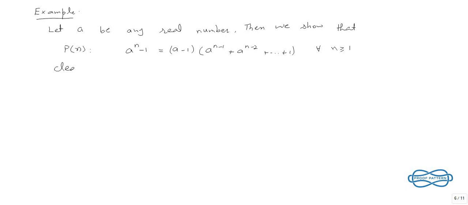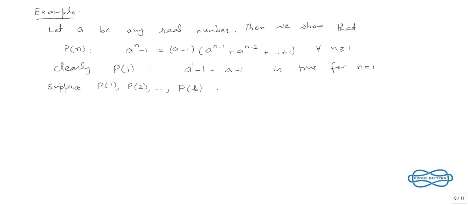Clearly, P1, that is, if we take a to the power 1 minus 1 is equal to a minus 1, is true for n is equal to 1. Okay, now suppose P1, P2 up to Pk are all true,